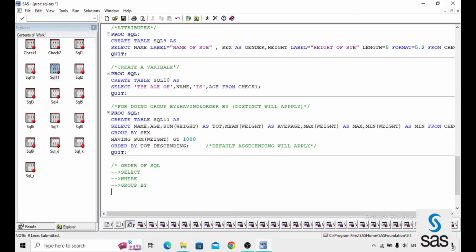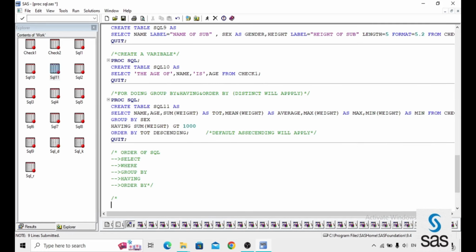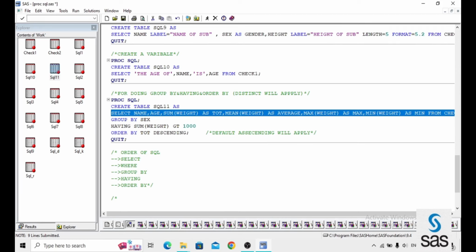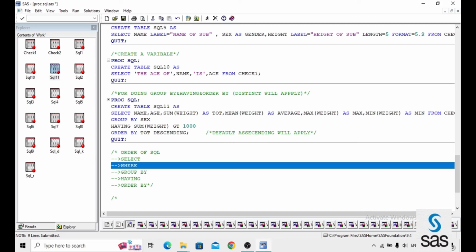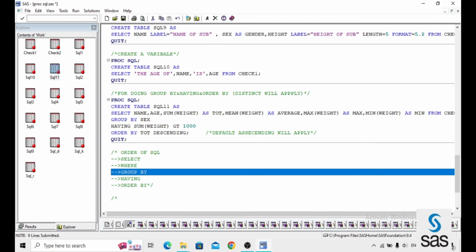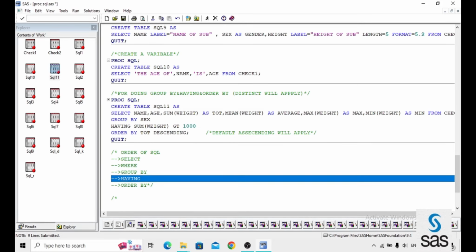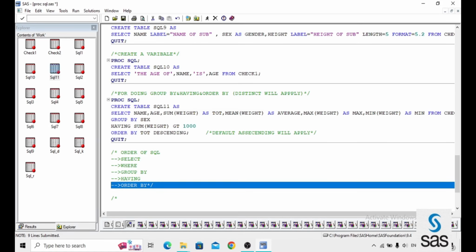And then group by, then having, then order by. Like this we have to follow this order. First you have to write a select statement, then a where statement, then group by, then having, and then order by. We have to follow this order when writing a query in SQL.